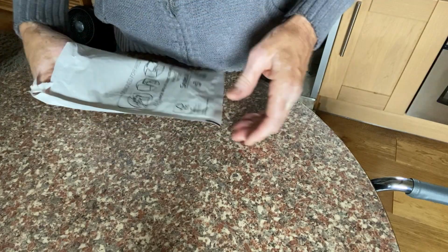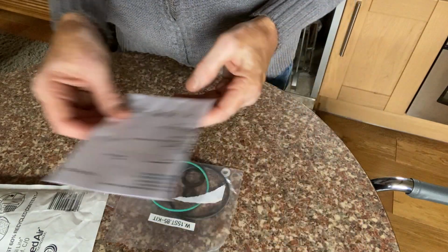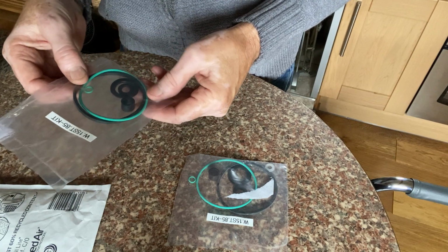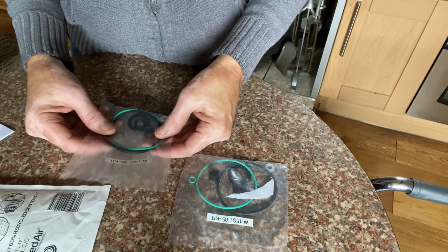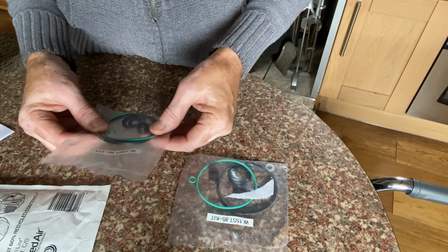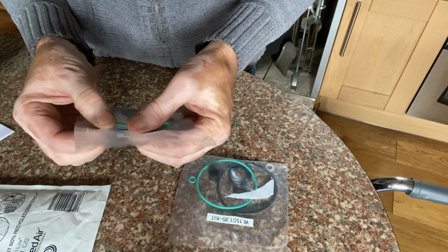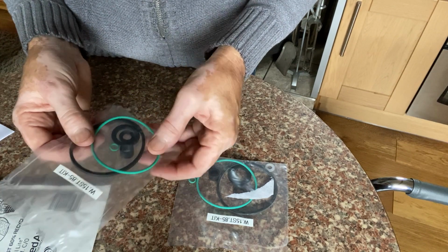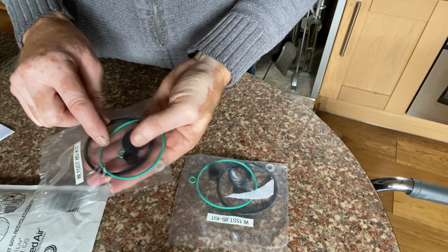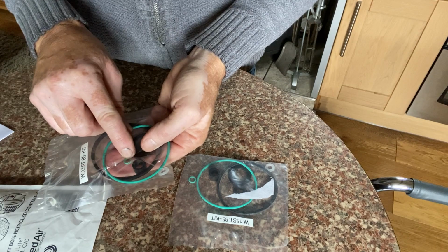However, I do think what we've got is the 2 complete kits. Now, I'm not quite sure. Oh, this must be because the kit fits whether you've got the glass bowl or the aluminium bowl. Well, I've got the aluminium bowl because I won't use all these seals, because there's a big flat based rubber one there that I won't use. The one I'm having the problem with is the same as this green one. Mine is black, but it's that one. So I'm guessing that I'm going to use that one and that green seal there,